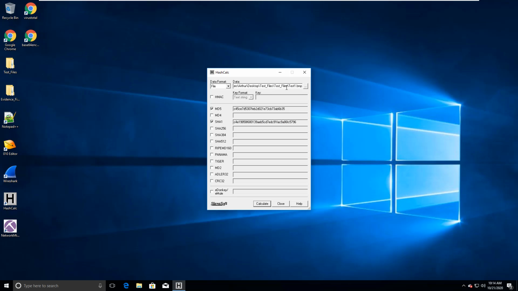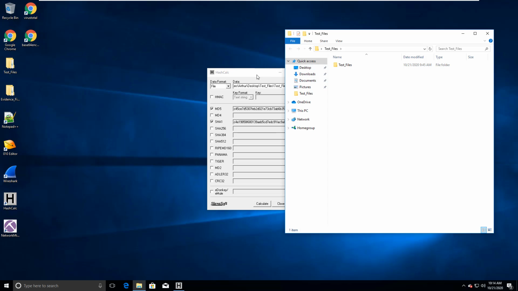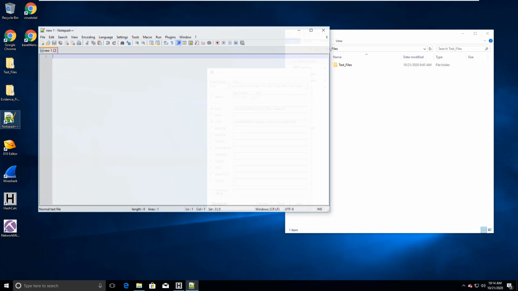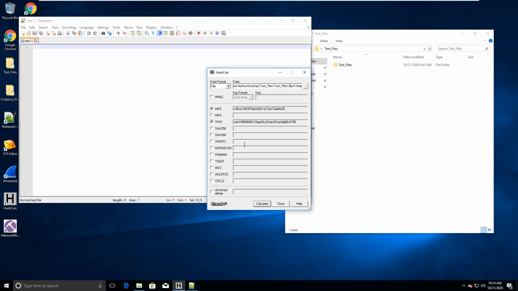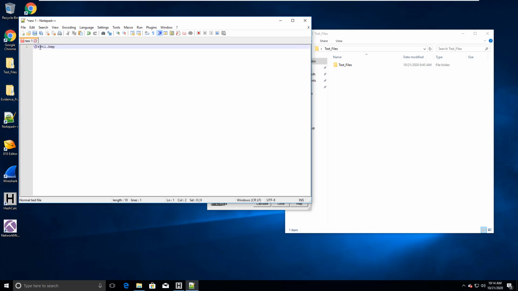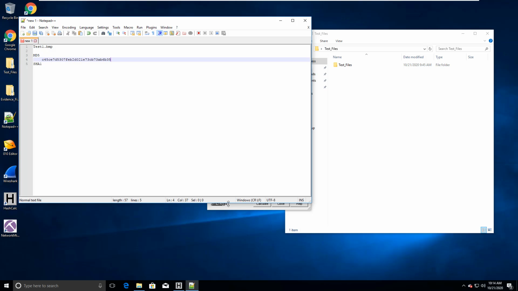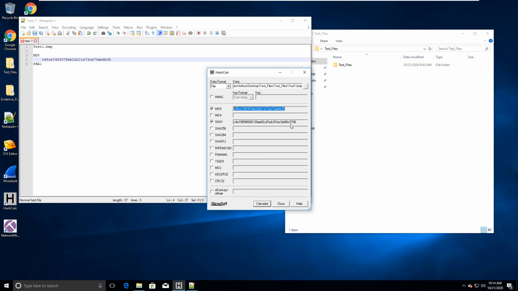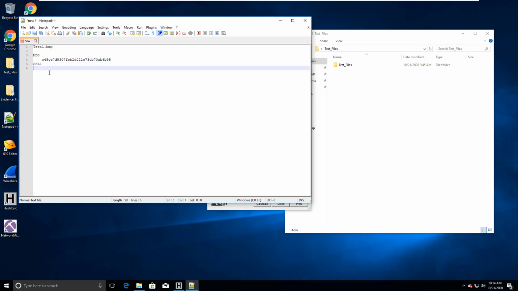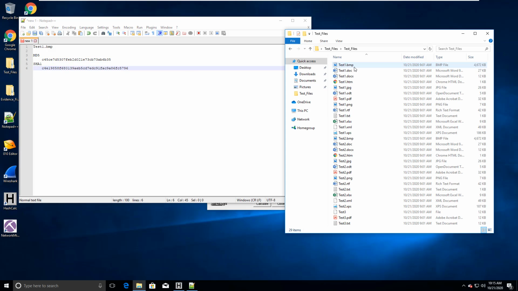If there's any change whatsoever, then our values are going to be slightly different. So let's go ahead and document them: our MD5 and our SHA-1. We're going to make a slight modification to it and show that our variations